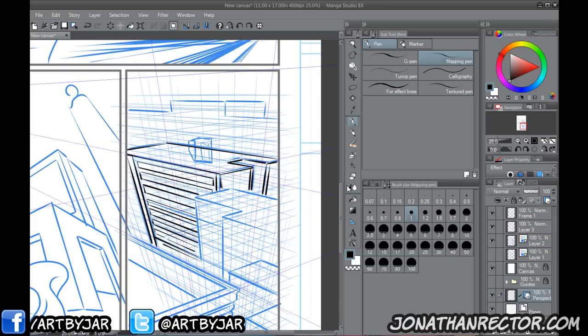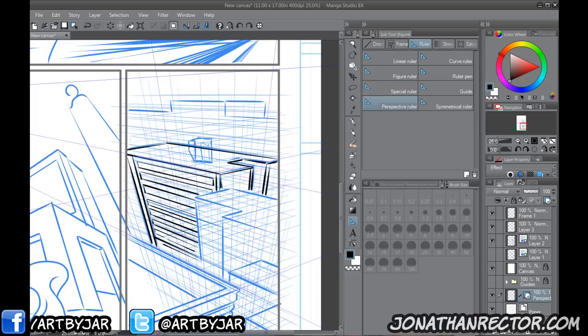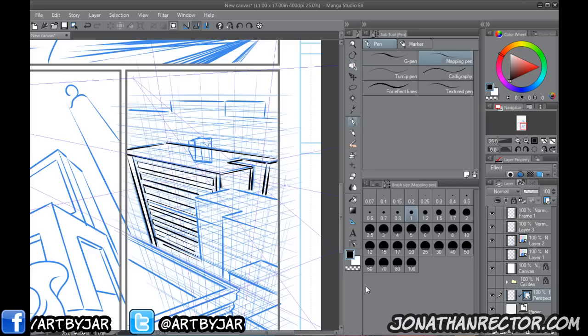So let's go to the perspective layer again. Click on your ruler tool, and guess what? We're just going to do the exact same thing we've already done with this. Bang. That's 1 point, and there it is. So it's created a perspective based on what you have. Now, you can also go ahead and click on the horizon line that's up here, and just go, okay, there's one. I'm making a 1 point perspective. There you go. So there it is. It made it on there. You can see it's not exactly on the horizon. You can click it on like that just by clicking the object selector tool.